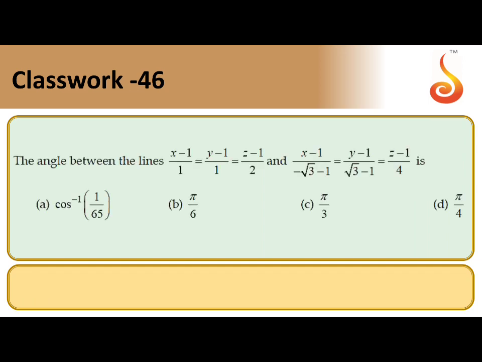The angle between two lines. Angle between two lines is cos theta equal to A dot B by modulus A into modulus B. A is this one, B is this one. So directly we can solve the question. We'll do it in the next page because it's a little long. Here A bar is I plus J plus K and B bar is minus root 3 plus 1 I, root 3 minus 1 J plus K bar is 4K.